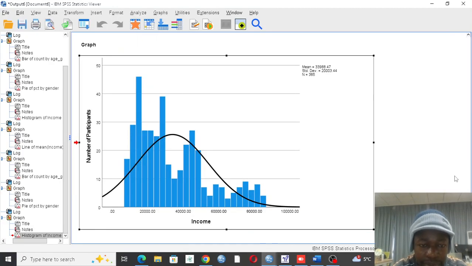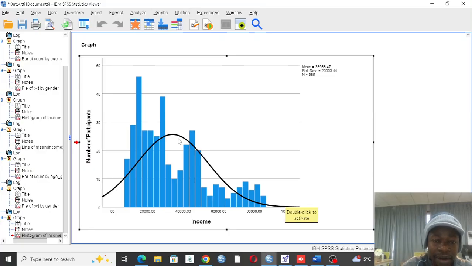Then we have it this way. So this one here, the normal curve, tells that the data is not normally distributed. If the data is normally distributed, you see the majority of the people fall within this group, but you could see that most of them are here and then others are here. But what it means is that the longer side of it is at the